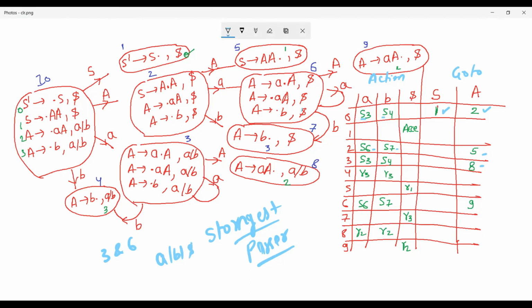Now, similarly, state number 4 and state number 7. We are going to merge state number 4 and state number 7. In a similar way, state number 8 and state number 9. These 3 pairs of states are going to be merged. So, I'm going to share a diagram of the new table that I've already created, and you can see the changes in the LALR table. Fine. So I'm going to share the diagram.